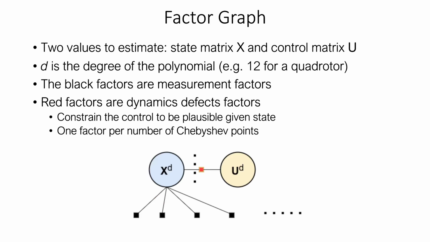Our estimation is done in a factor graph-based framework. We estimate two values, the state matrix X and the control matrix U. D is the degree of the polynomial. For example, it is 12 for a quadrotor: 3 for translation, 3 for rotation, 3 for linear velocity, and 3